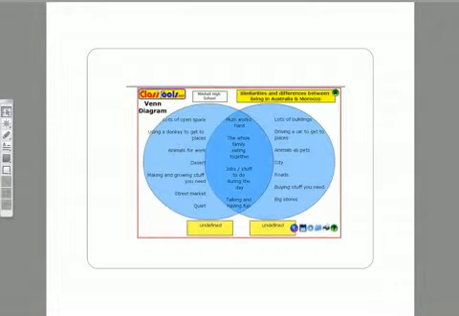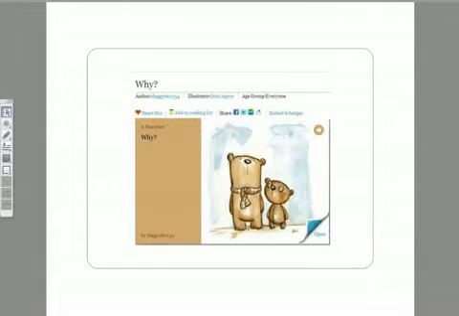And this, of course, is yet another. All Web2 tools allow kids to save their work on the internet and to go back to them later, and also to share their work with friends and family by sharing the URL. So that's just the really fun thing about Web2, is that you've got real life people enjoying your work.